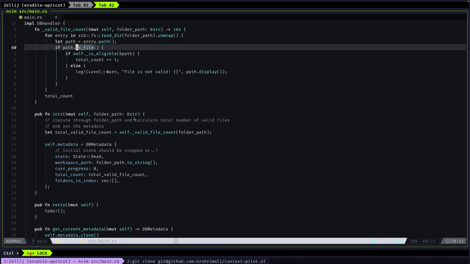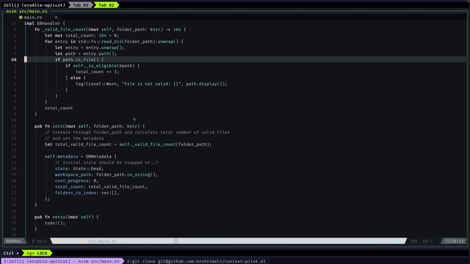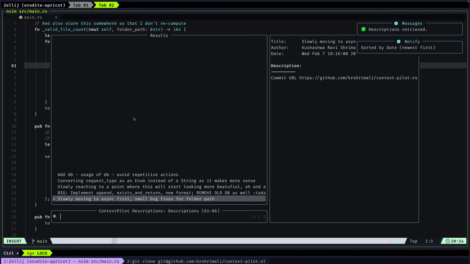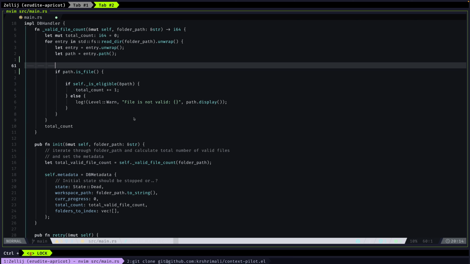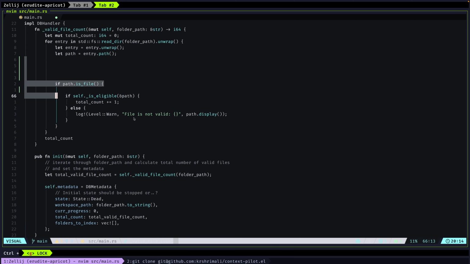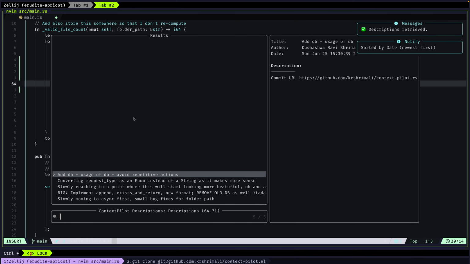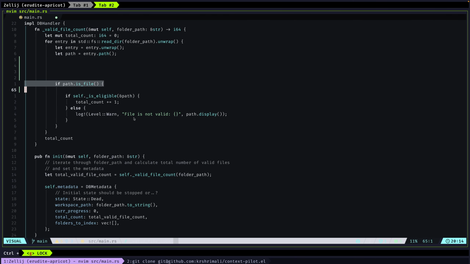Now, the trick over here is to be able to figure out what happens when someone makes a local change, right? So right now, let me actually show this demo to you. Remember this, we are doing from 61st line to 66th line, and we do relevant commits range. It gives us all these results. But let's say we added some new lines. Now, if I'm doing this same thing, the logic is the same, whatever I'm trying to refer to, but the line numbers have changed. Now, when you do this, most of the time the output is going to be different. Why? Because this time you're doing from 64 to maybe 70,